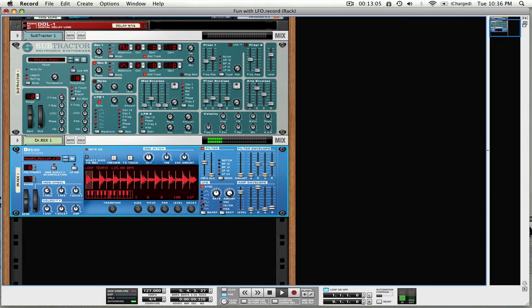So as you can hear, just by changing the waveform of the LFO, you can make interesting sounds already from your loops, or you can do it with your panning. If you choose the oscillator,